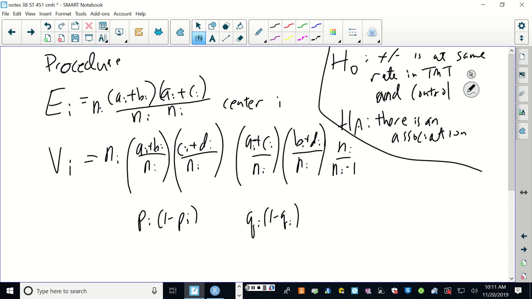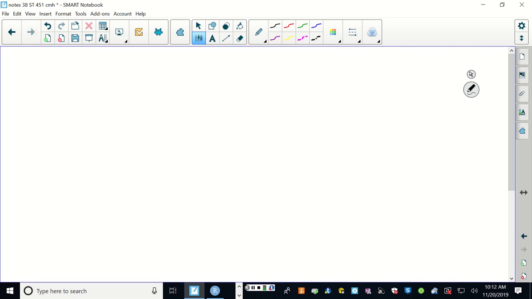And then it's times n. Each of these would be kind of divided by an n. This would be divided by an n. But we're multiplying by n, so there's n and n. So we still end up with a couple n's down there for that. Right. And then there's a little adjustment because of how the combinatorics work out. So that's the variances. And so what we're going to do is base the test